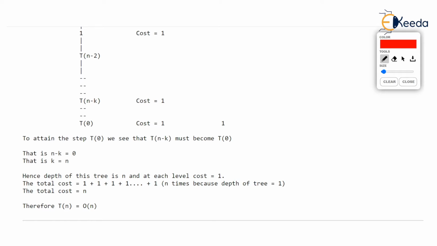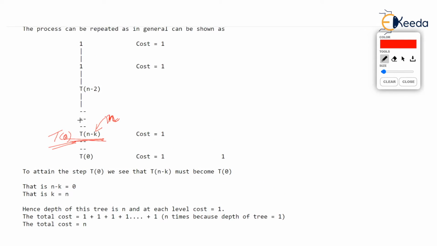Okay. That means in this term Tn minus k, this k which I am pointing out should be n. If this k becomes n, that means n minus 1, n minus 2, n minus 3, n minus 4, and n minus n we will get, isn't it? When we get that, we will say that we have got T0 here, and we will say that the tree stops. We have got a leaf, isn't it? So what do you observe finally? You observe that if k becomes n, then we get T0.